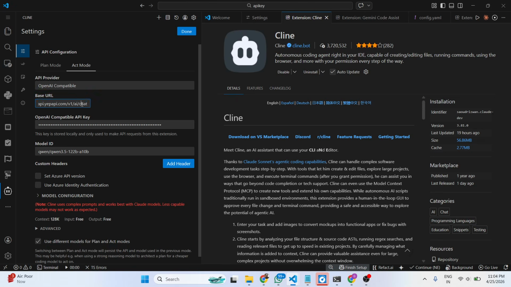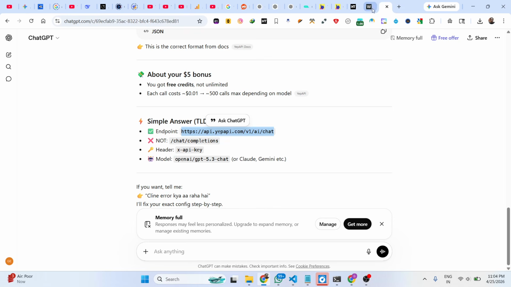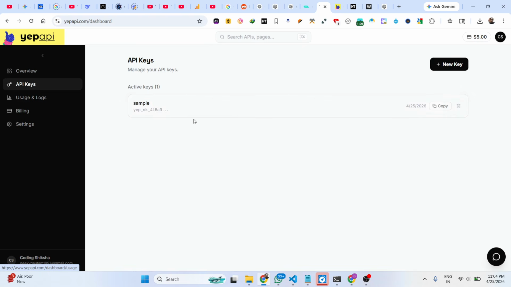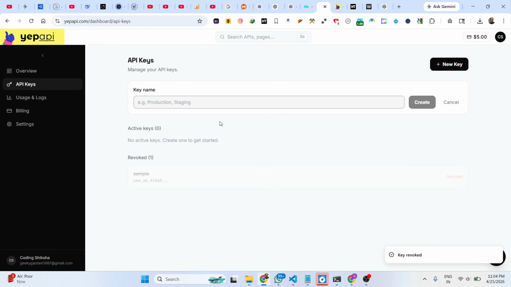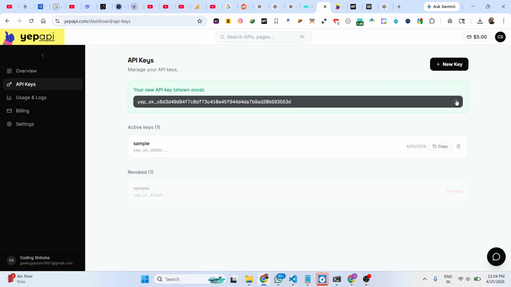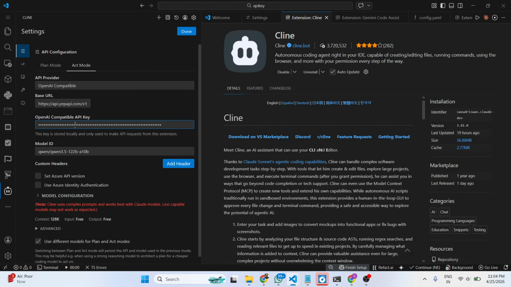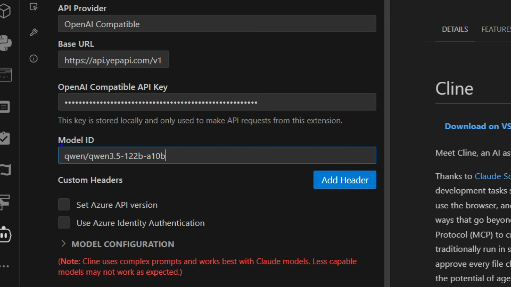I simply pasted this. You will see that, and then whatever API key it has given you. So go to the API key section. Let me create a new API key simply. So simply you copy this API key, and then after that you can